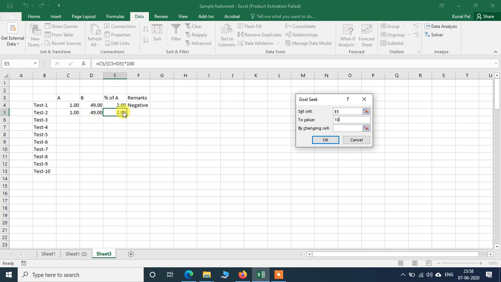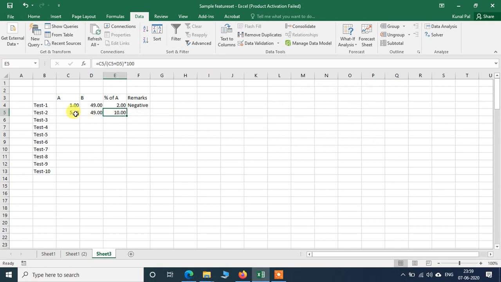That means I have to change the value of A so that I can get to the value of 10. So I have set the cell E5, I want to change it to 10 by changing the cell C5. Click OK.